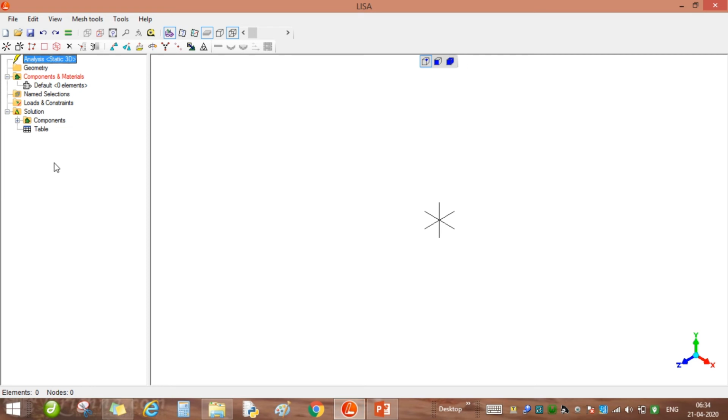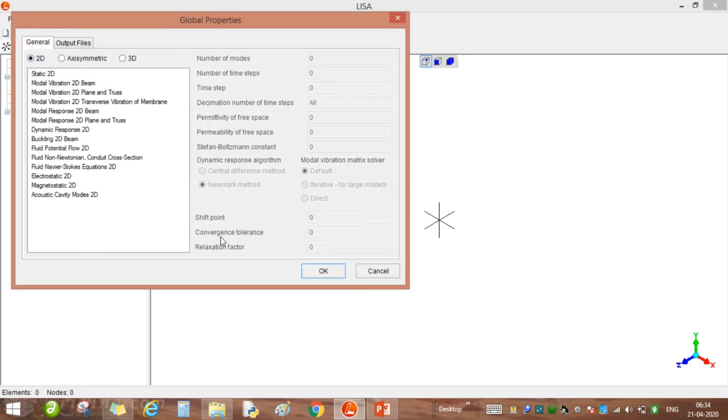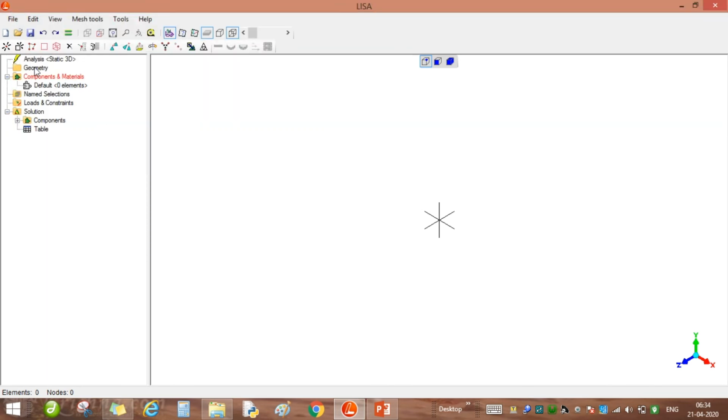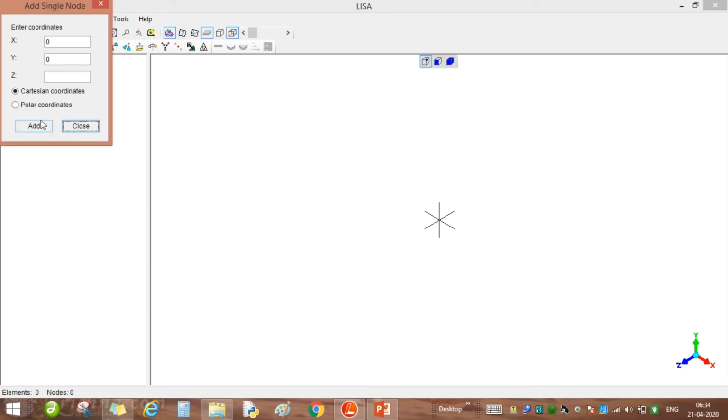As we have already discussed the discretized domain of our problem, we can directly start by changing the analysis to 2D type, then creating the geometry. 0, 0 is the first node, second node is 0 and 400, and third node is 0 and 600.